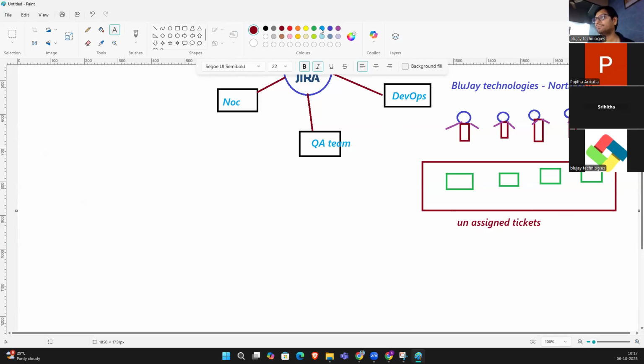For example, DEV-234, DEV-545 or something like that. This ticket is for access, this ticket is for pipeline creation, this ticket is for alert monitoring, right? So you can check the board, assign the tickets, and work on these tickets.